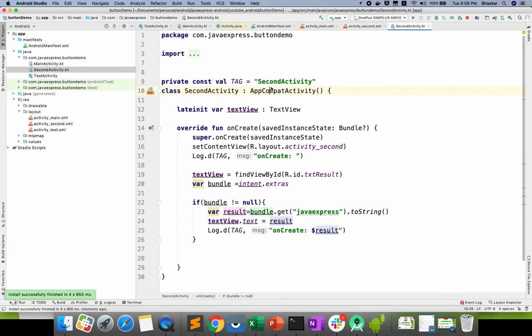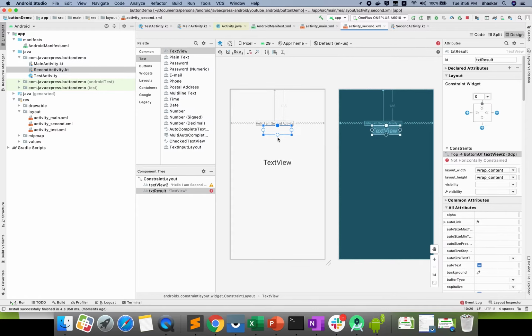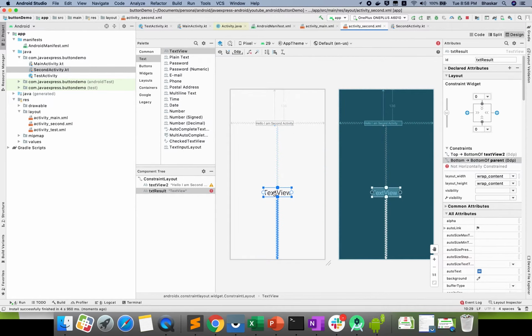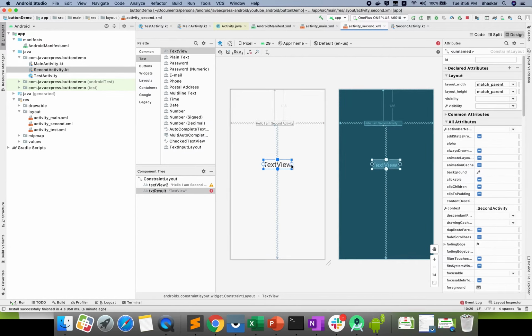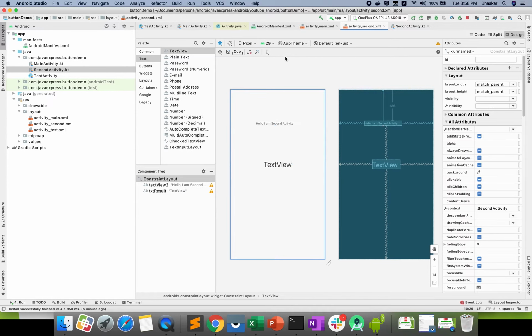Just go here, I will drag this down. Your constraints are given, so you need to give the right side constraint and the left side constraint. Either you can do the inference constraint also, no problem. Again I'm running my application, it's loading.